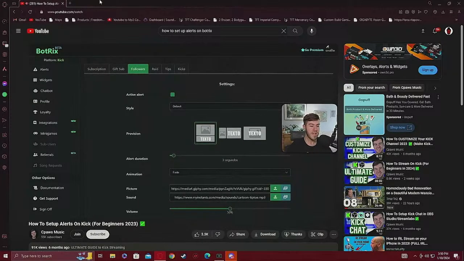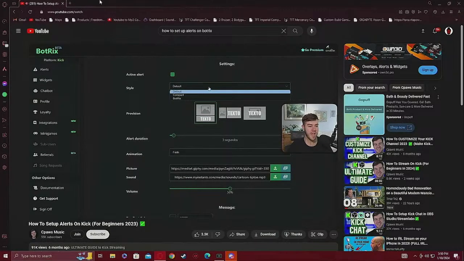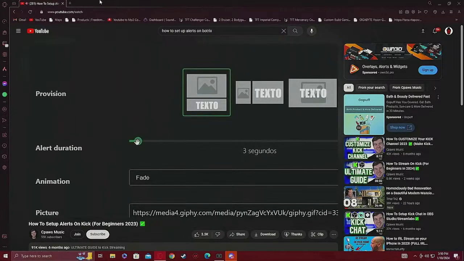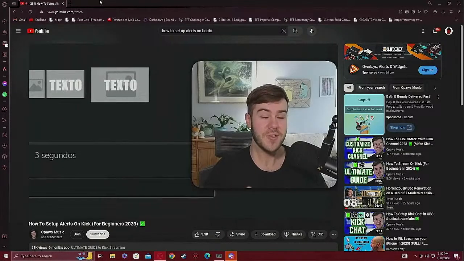Now you can customize everything that you want to, including the style, so how it looks, the position, everything else, animation. You can even change how long it lasts for,